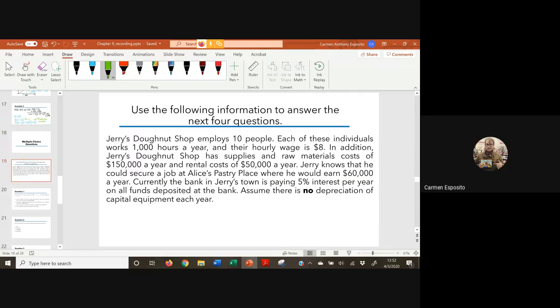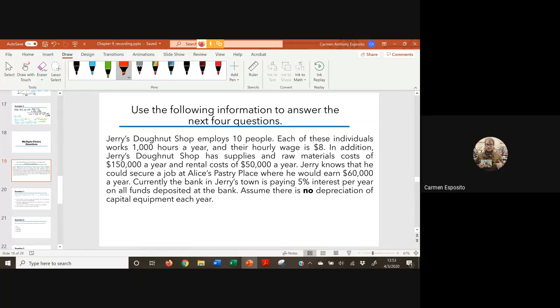Jerry's Donut Shop employs 10 people. Each of these individuals work 1,000 hours per year, and their hourly wage is $8. In addition, the donut shop has supplies and raw materials that cost $150 a year, and rental costs for $50,000 a year. Jerry knows that he could secure a job at Alice's pastry place, where he could earn $60,000 a year. Currently, the bank in Jerry's town is paying 5% interest per year on all funds deposited in the bank. So